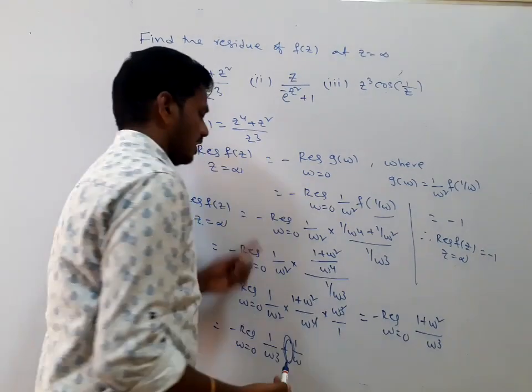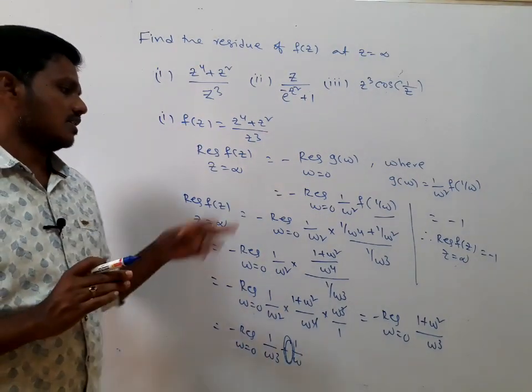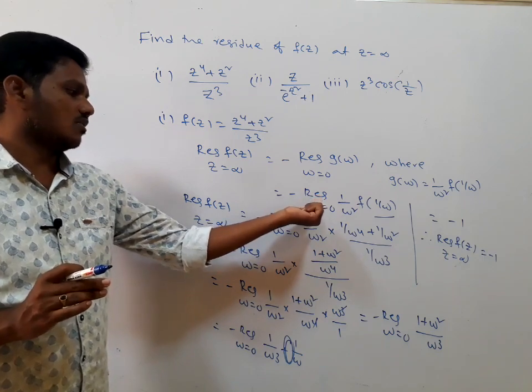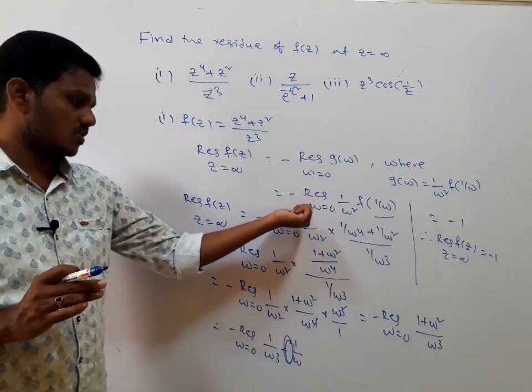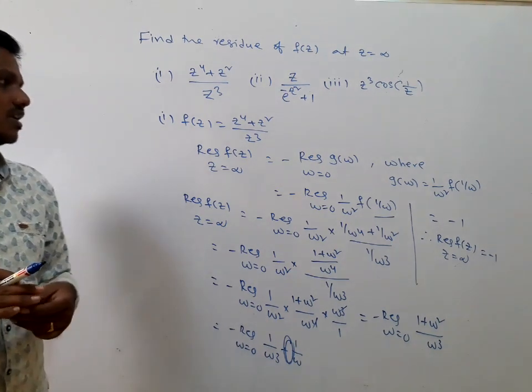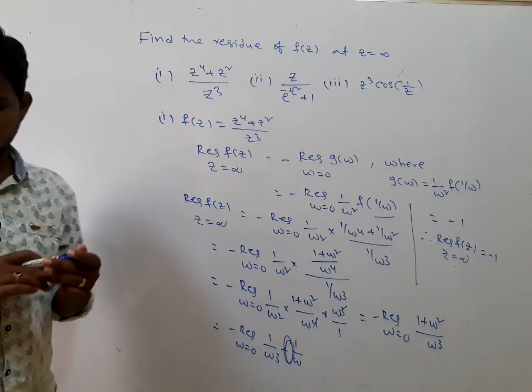Is it clear? With the direct formula, we just take z equals 1 by w, multiplying with 1 by w square, and evaluate about w equals 0. This is the way of evaluating the residue of f of z at z equals infinity. Next,